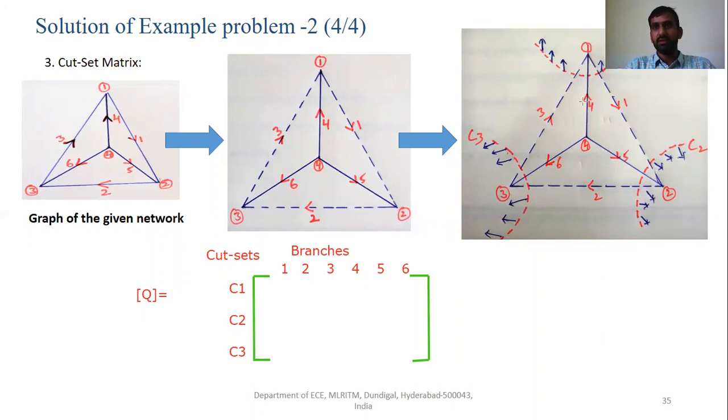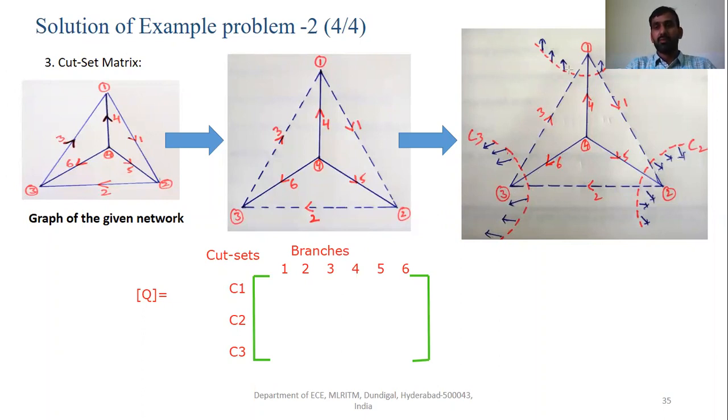It is based upon the current direction of twig number 4. How is the cut set C2 reference direction chosen? Based upon the current direction of twig 5. How is the C3 direction chosen? Based upon the current direction of twig 6. Now when writing the elements, we should remember 3 points.